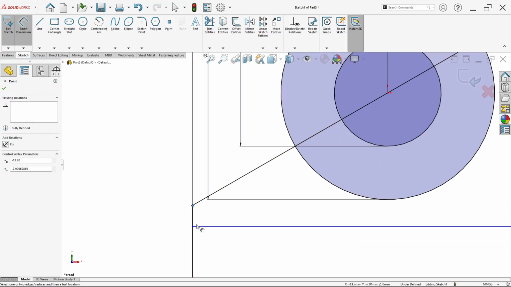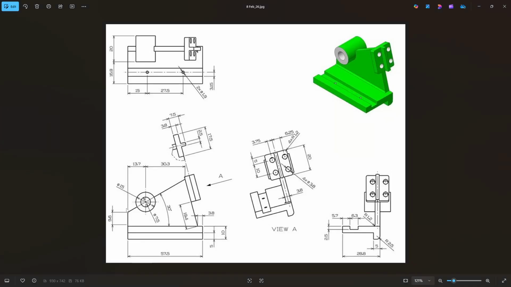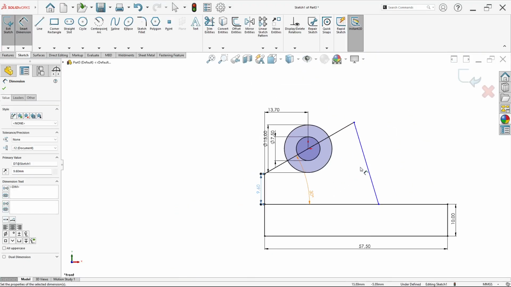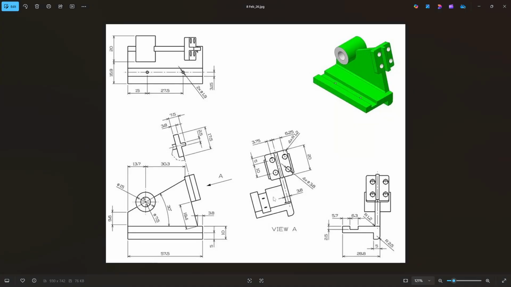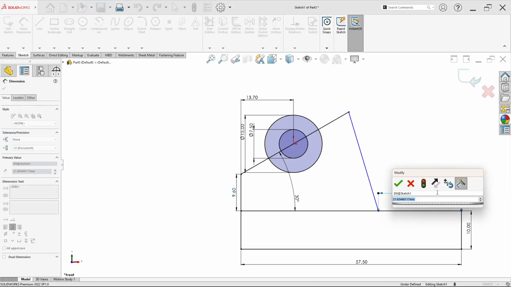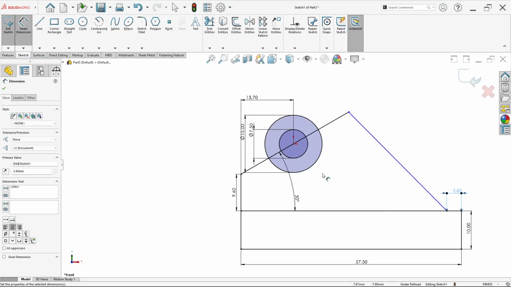And from this point to this point, you can see the distance is 9.6 millimeter. Okay, it's easy. And this point has a gap of 3.8 millimeter like this.